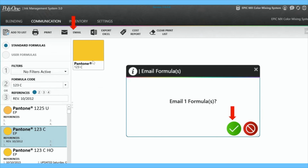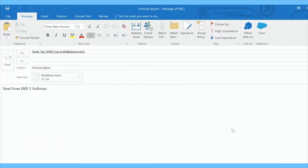You can do 100 formulas, whatever you want to click in here. It's just a matter of selecting the ones and clicking. Then hit the green button. Once you hit the green button, it's going to take you to, I happen to use Outlook, so I took